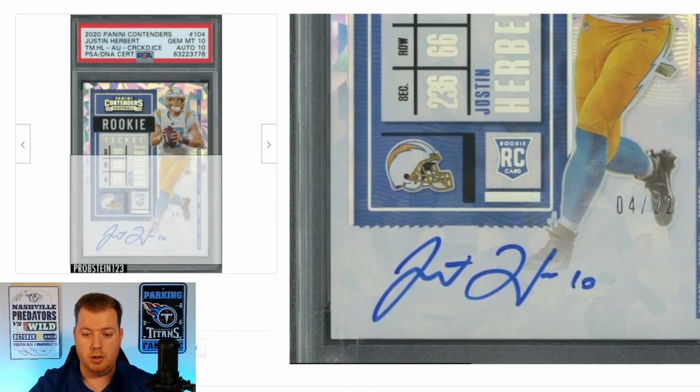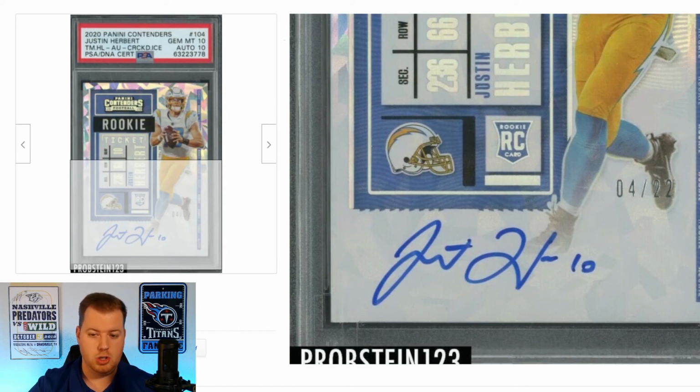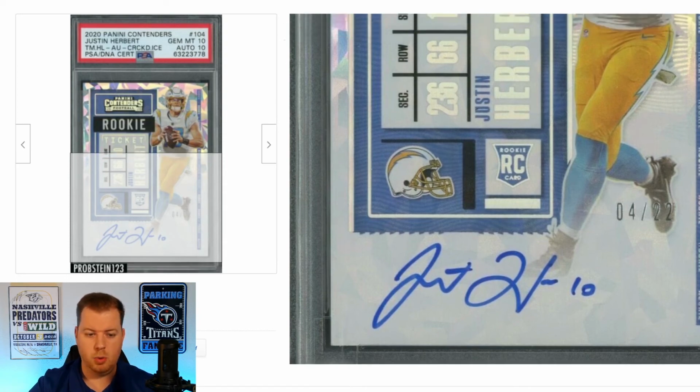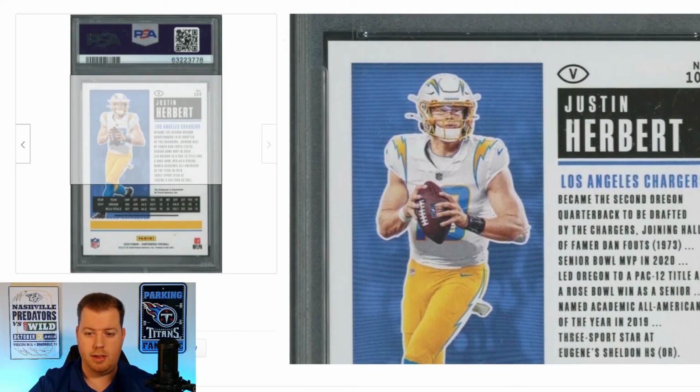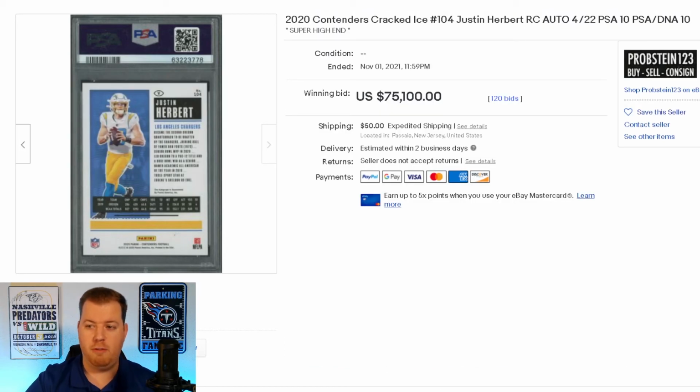Great on-card autos. This is an on-card auto as well. They have some sticker autos too. But the on-card autos, you just can't beat that. Out of 22, beautiful card. Justin Herbert, the guy there in the Chargers. This is at number 2. We have one last card to go over,